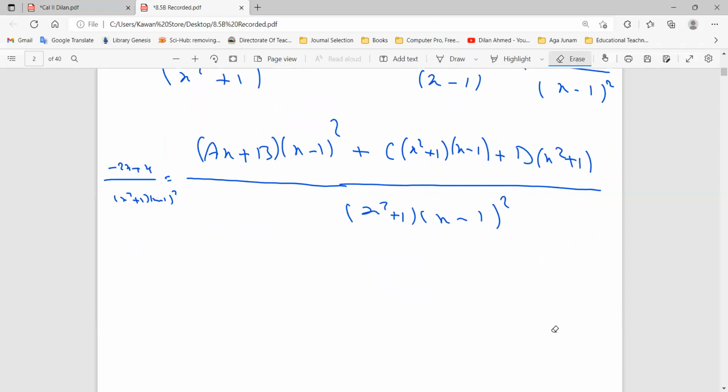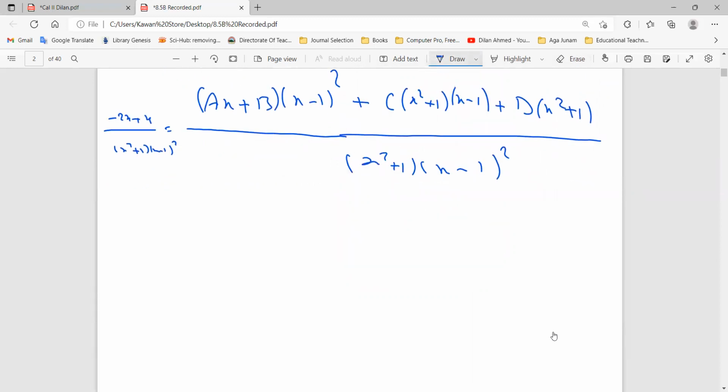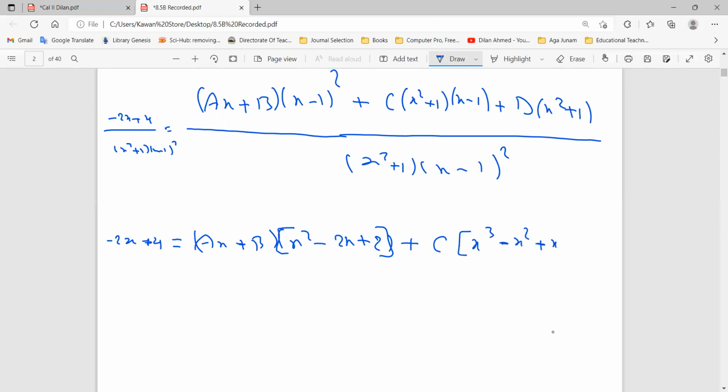Now it's time to multiply and compare. Nothing else. Multiply and compare. So I'm going to multiply. I say minus 2x plus 4 equal to what? Ax plus b multiply x squared minus 2x plus 2 plus c multiply, that will be here like that. C multiply what? X to power 3 minus x squared plus x minus 1. Again, d equal